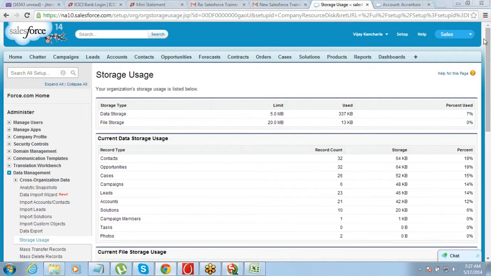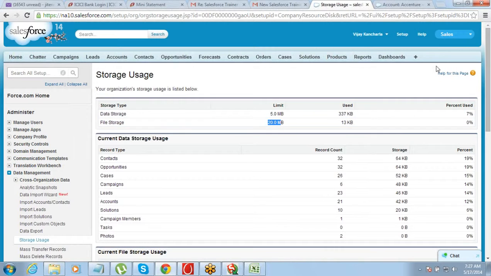I think one of you said that, Shyam says that the login user ID is just one. It's not one, there are two users which can be created on developer edition. So one we already have created, we can create one more. Now that is also one reason, right? That you can just have a maximum of two users, not more than that. Okay, so in storage usage, you see there is a data storage space and there is a file storage space.